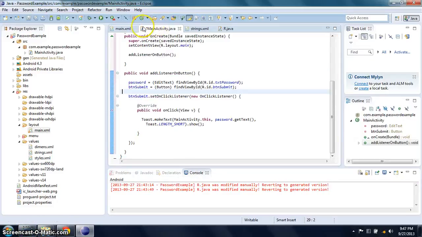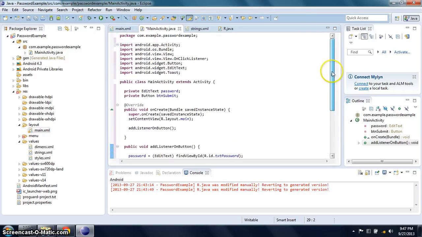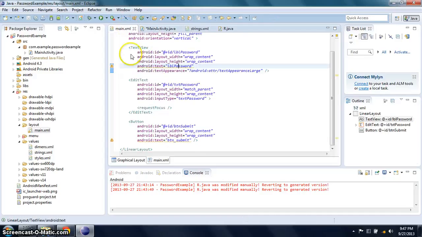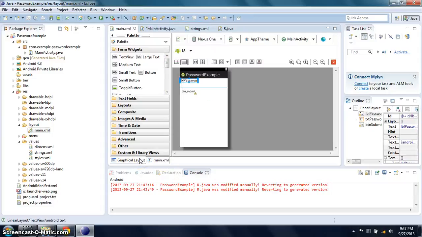Once you have created or pasted the code, just visit the main.xml, then select the graphical layout to preview the application.